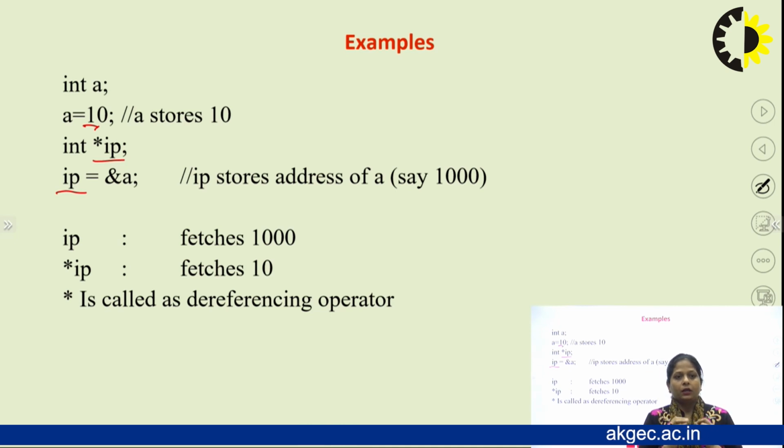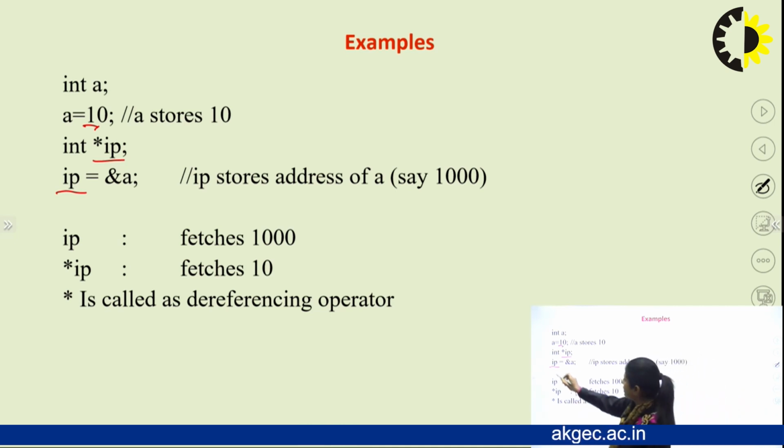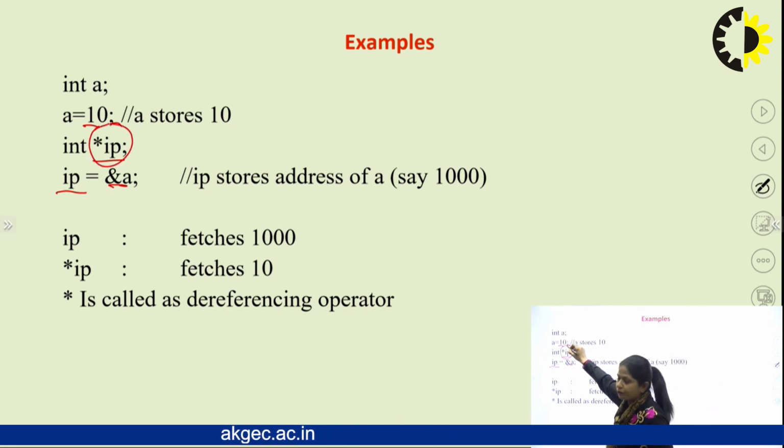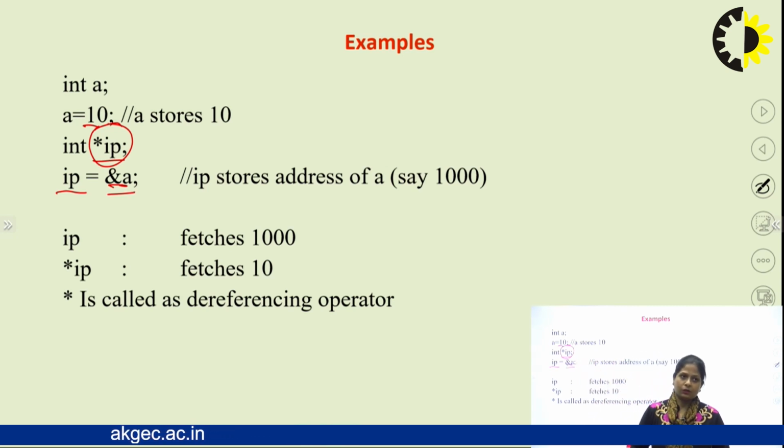It is an integer type pointer variable to which we can assign the address of another variable. In simple words, because ip is a pointer type variable, we can now assign the address of another variable to this pointer variable. Now,